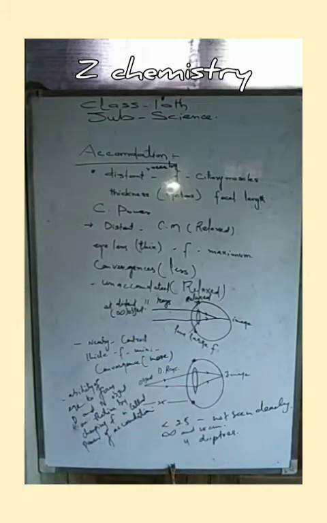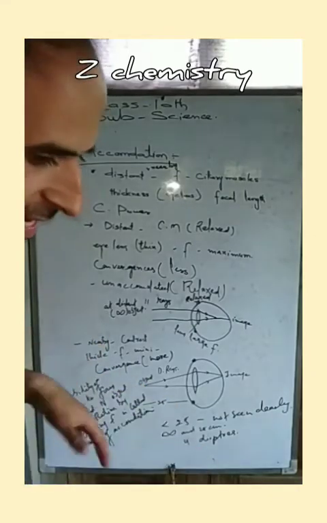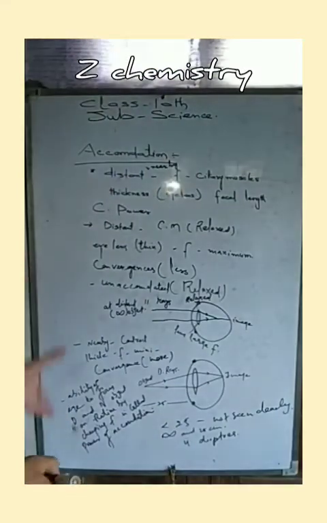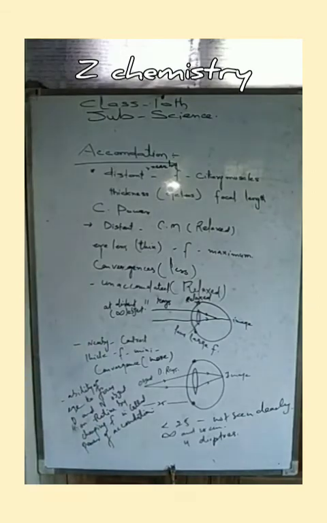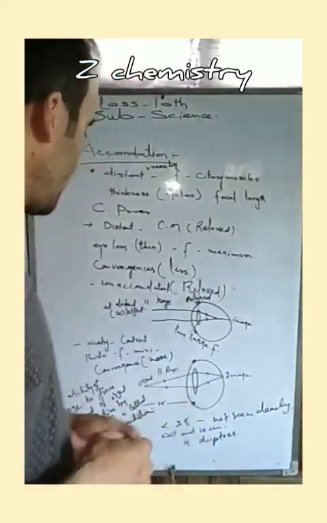The nearby object must be at a distance of 25 centimeters, or we can state that an eye can normally see up to a distance of 25 centimeters. And this ability of the eye, due to which it can focus the distant and nearby objects on the retina by change in focal length, is called the power of accommodation.